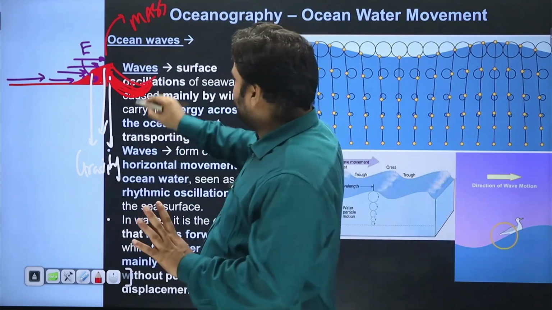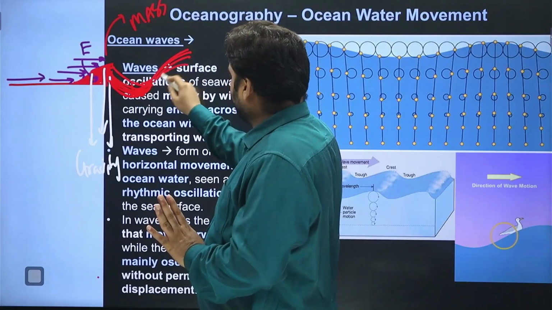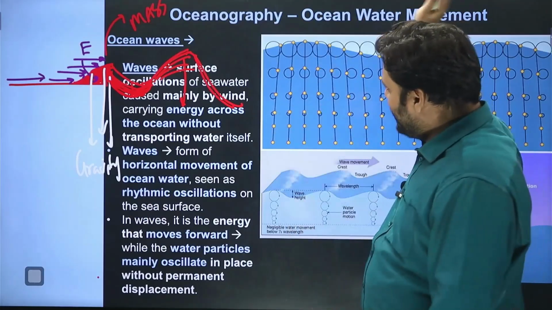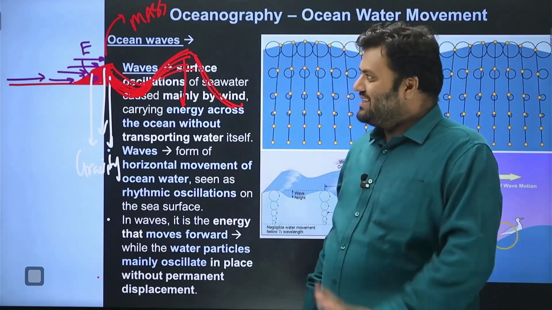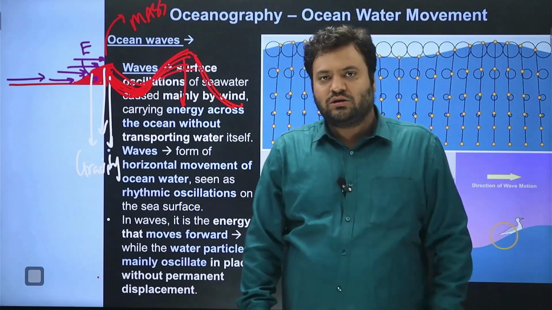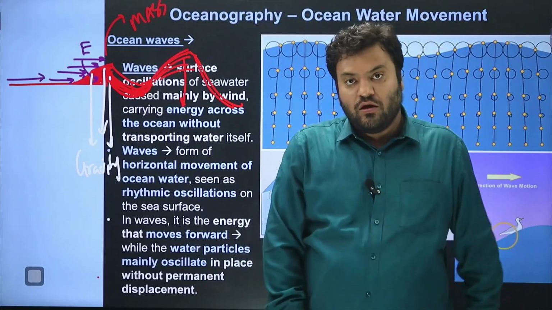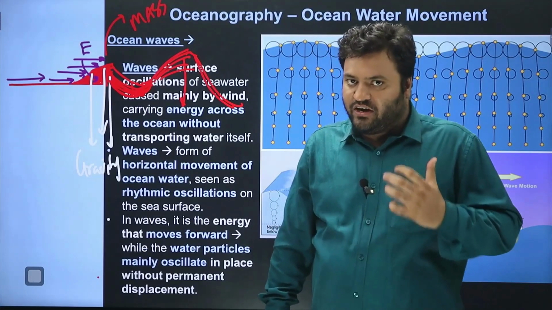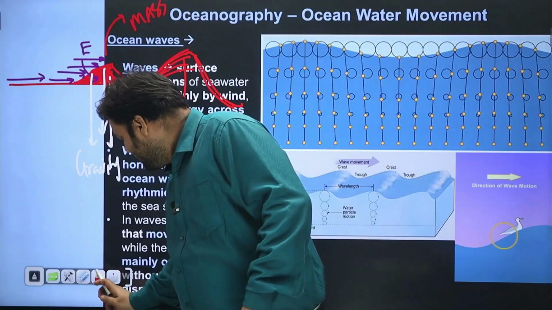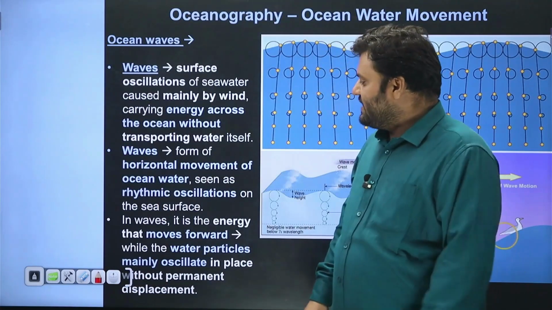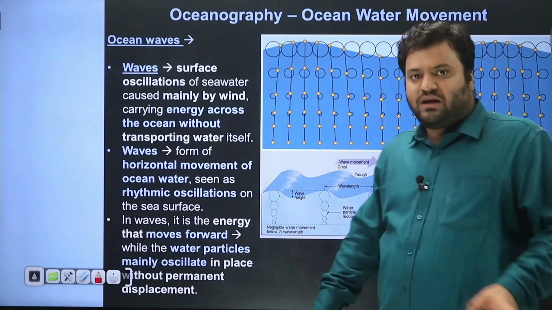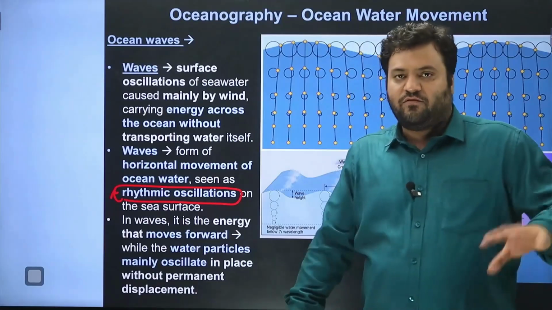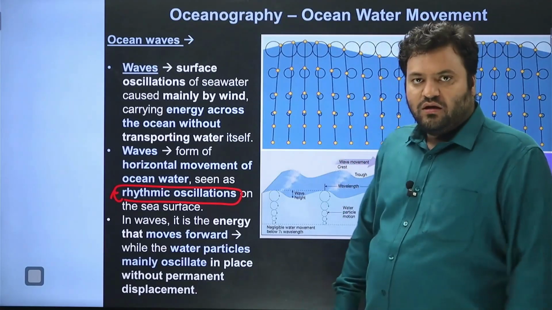Then again the wind action will be there, wind will cause an upsurge, then gravity would cause a downsurge. So this up and down kind of motion is known as ocean waves. The first part is played by winds, the second part by gravity, and as a result of this combined action, we have an up and down motion, rhythmic oscillations, and because of these rhythmic oscillations, waves have some sort of pattern in which it appears that